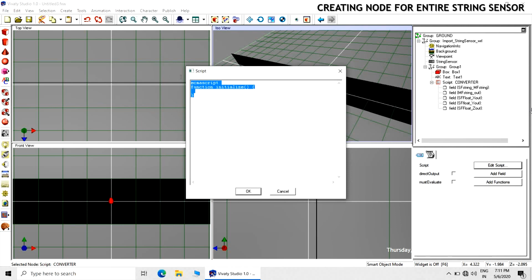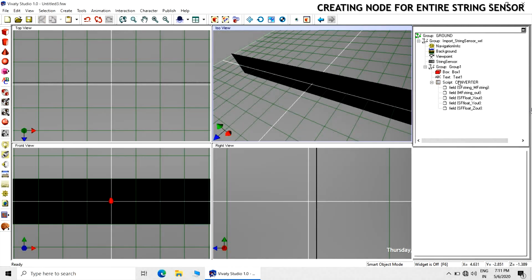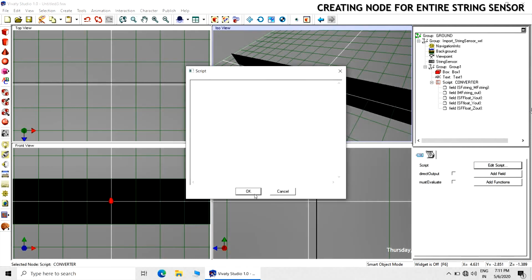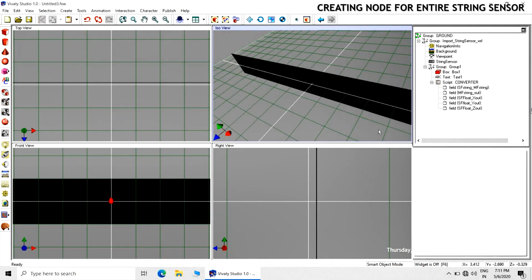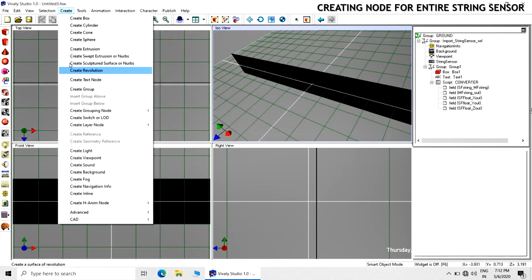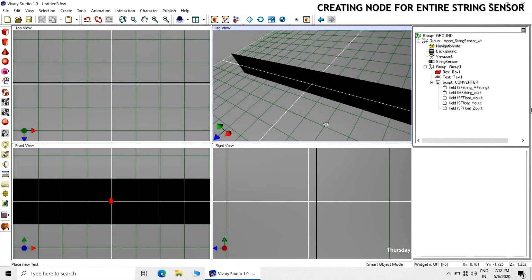You delete everything, make it completely blank. So we will be giving the URL in this script through the notepad editing. Now again we will create a text node.